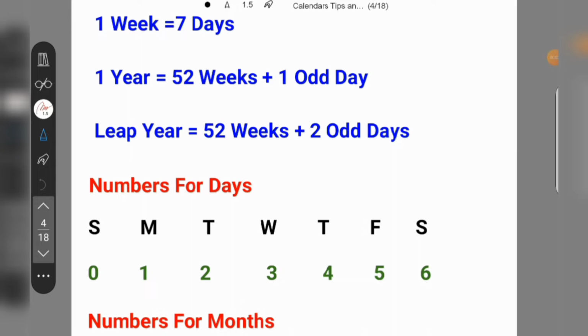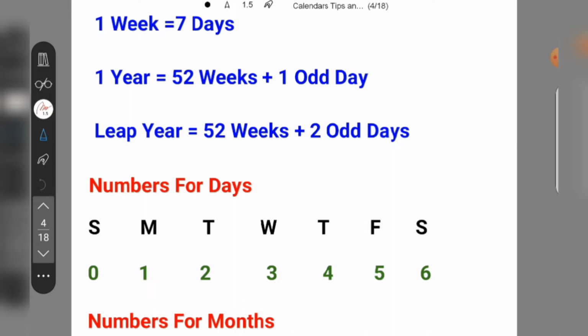In this video I'm going to discuss calendars and some tricks related to calendars. After knowing these tricks, it will be easy for you to solve different problems on calendars, and most of the calendar problems are asked in competitive exams. Okay, so coming back to the video, some of the basic things we need to know to calculate calendar problems are